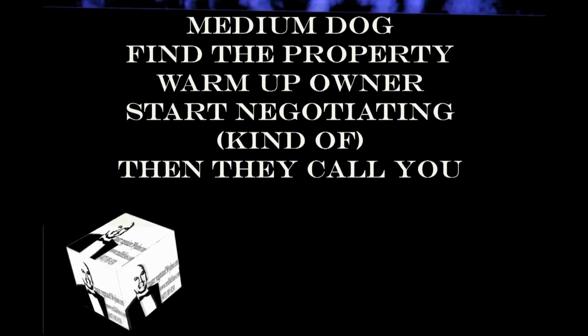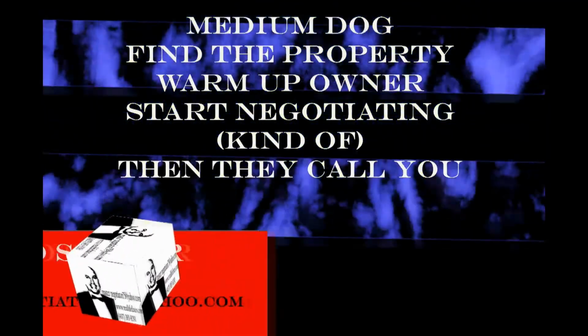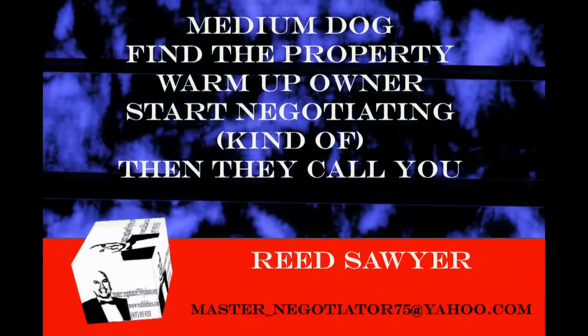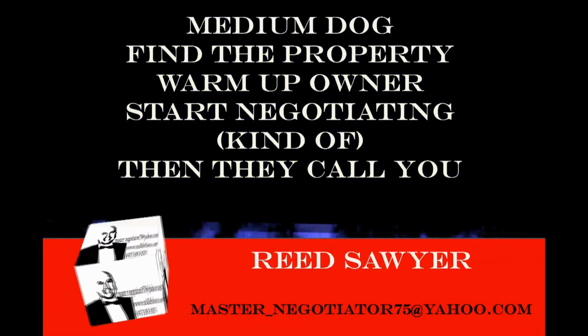And I'm not really going to call that a bird dog, because they're basically just wholesaling the property to you. And so they're finding the property, they're negotiating, they're getting under contract, they're doing everything. The next type of bird dog is a bird dog that finds the property, they negotiate this partially, and then you come in at the last second and you finish the negotiation, get under contract, and then you pay the bird dog once everything is done.